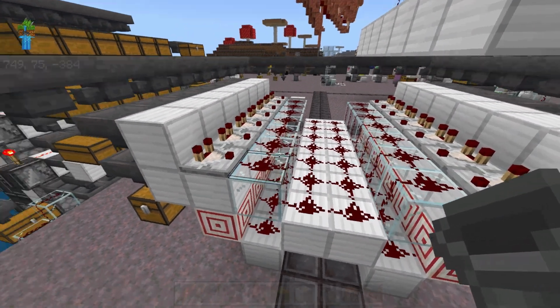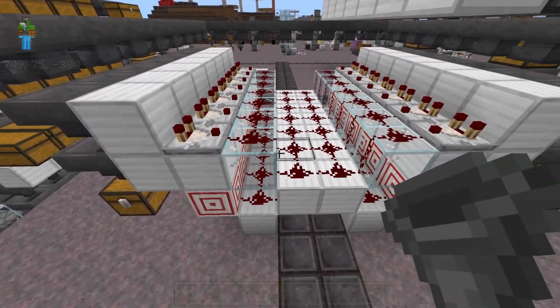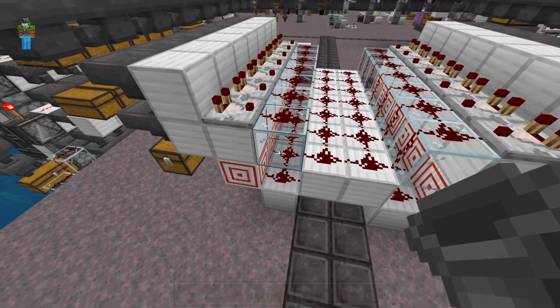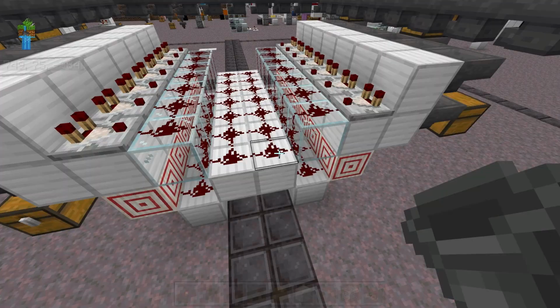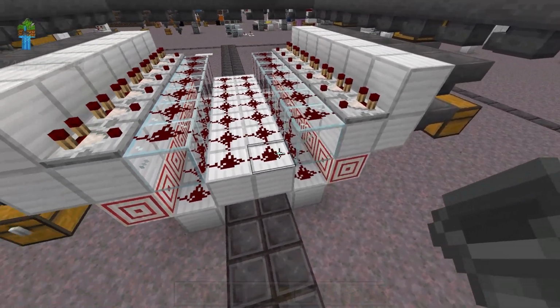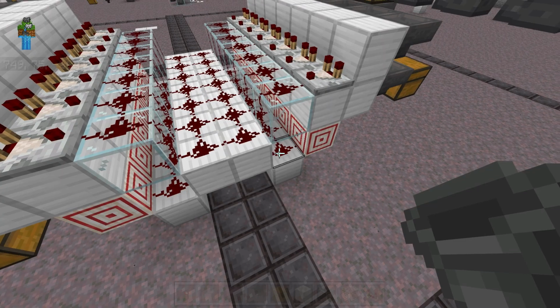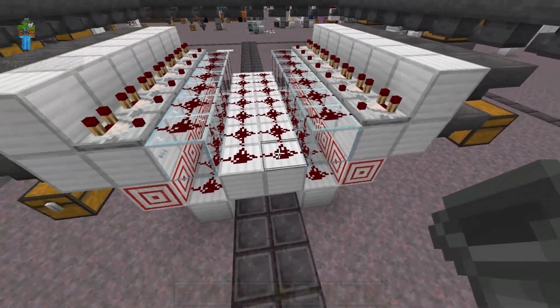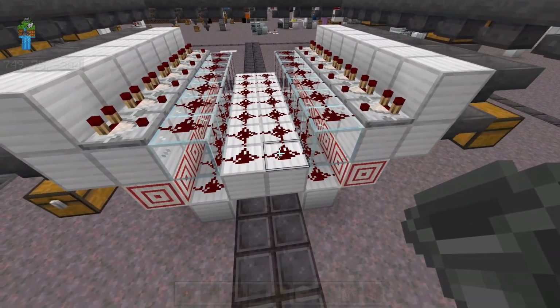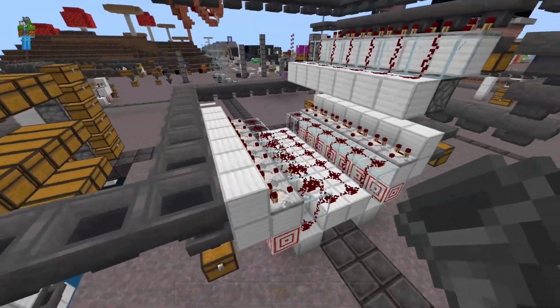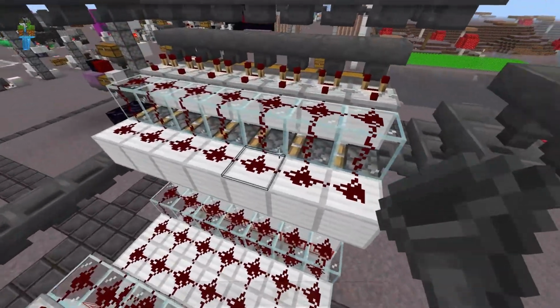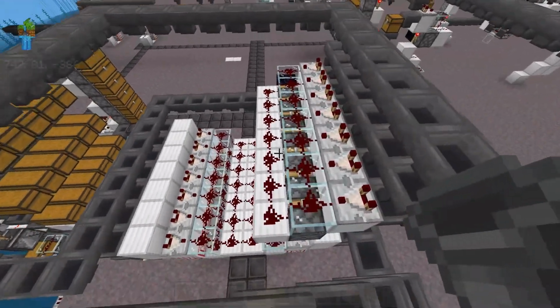But the reason why this works is that the overflow protected design will never get above a redstone strength of 3, and it would need to get to a redstone strength of 4 in order to interact with the other cells. So no matter what happens, it can never interact with the other cells as long as the item filter is loaded properly. If you're unsure about how to load the item filter properly, be sure to check out my other sorter video.